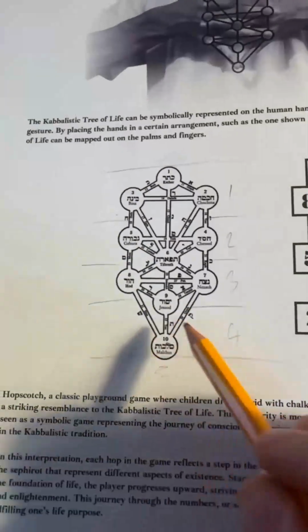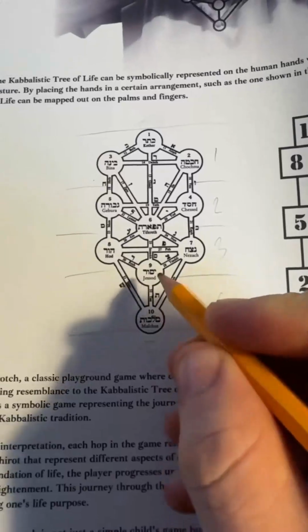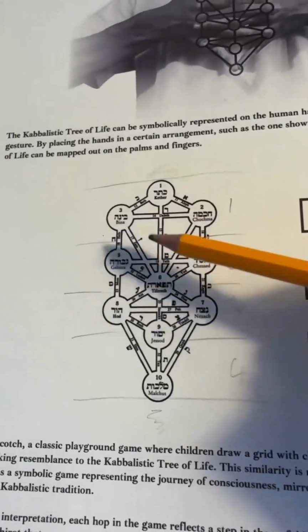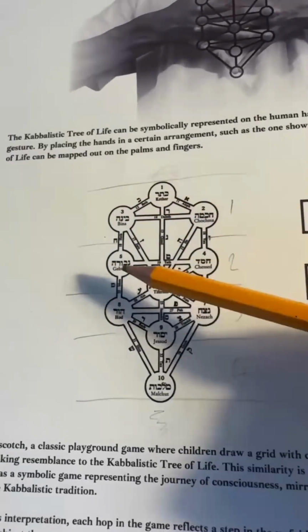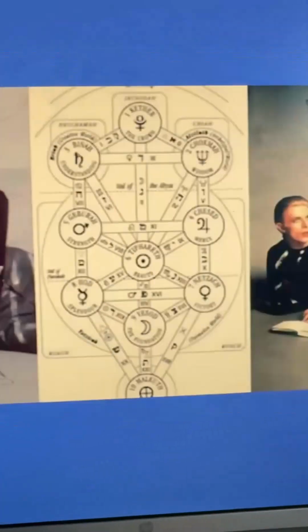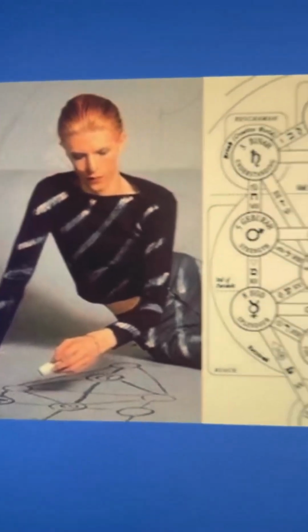There are two ways you can use this tree. You can use it as an ascension tool to go from Malkuth, the physical world, and ascend your consciousness up the tree to divine source, or you can use it in magic to bring down the higher forces of consciousness to create a physical reality in magic. Now, we all know why these people probably use it. You can use the tree for bad reasons and for good reasons.